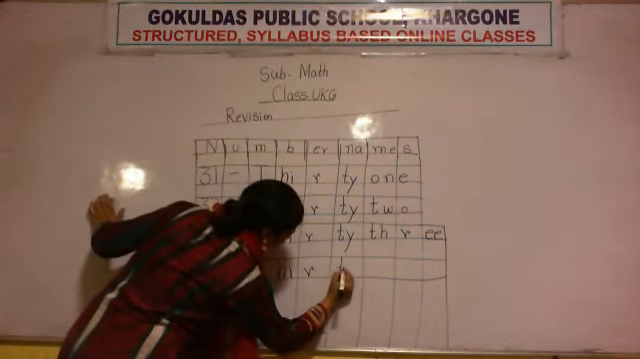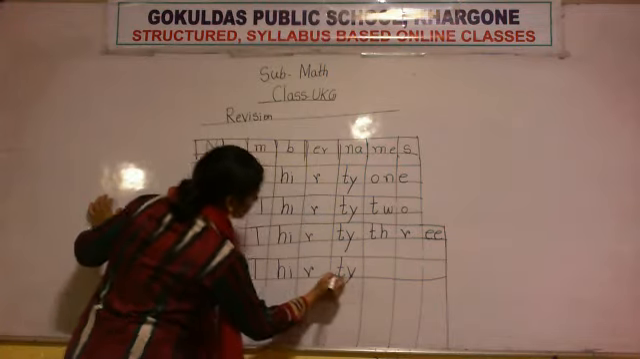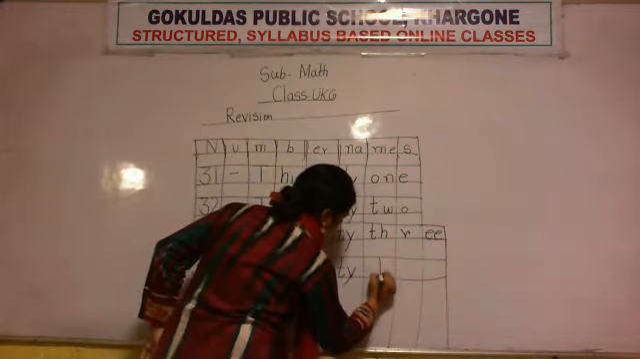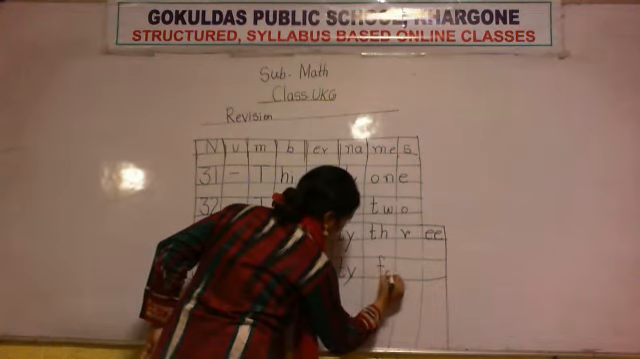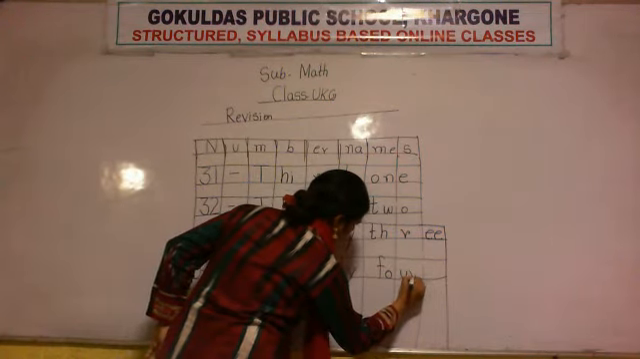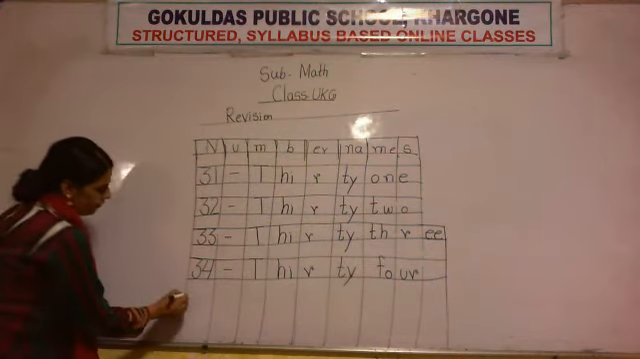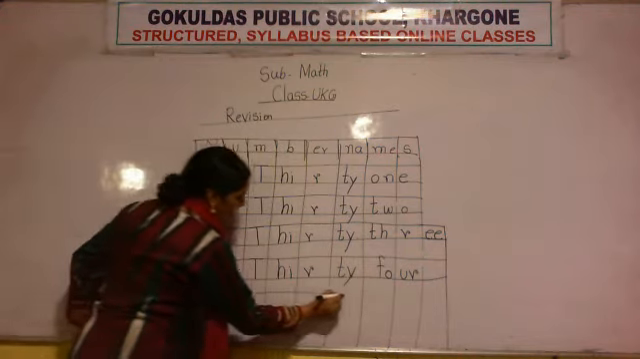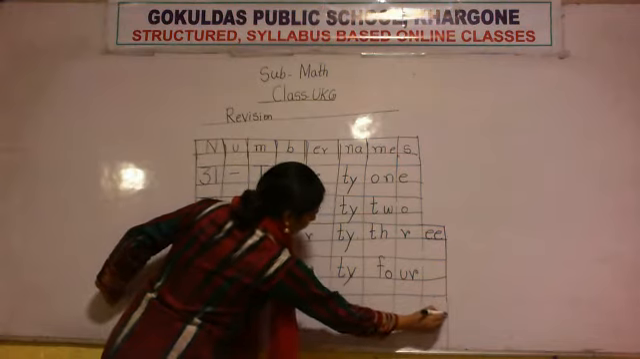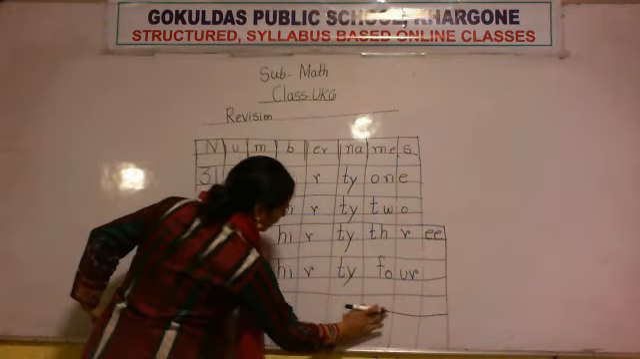THIRTY 30. And spelling of 4. FOUR 4. 34. Once again, one column gap. And here I am going to write the spelling of